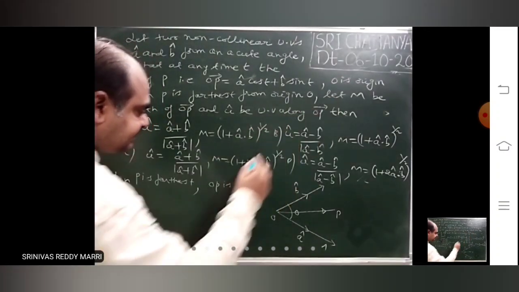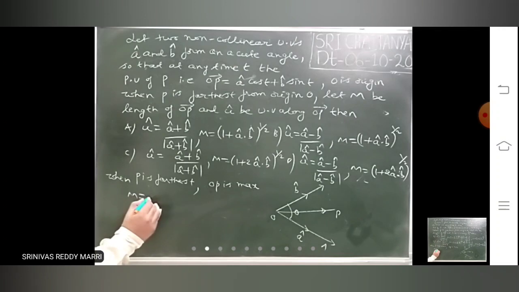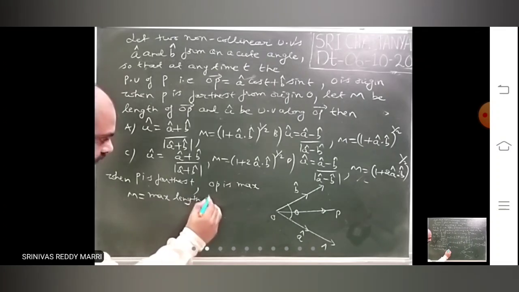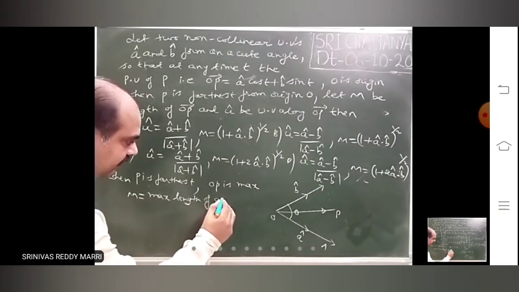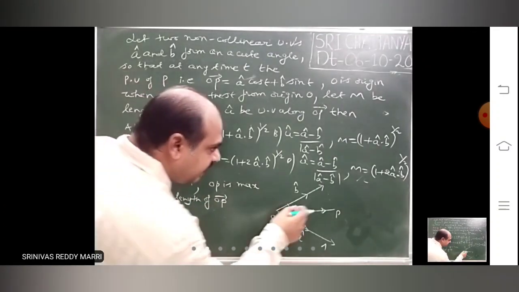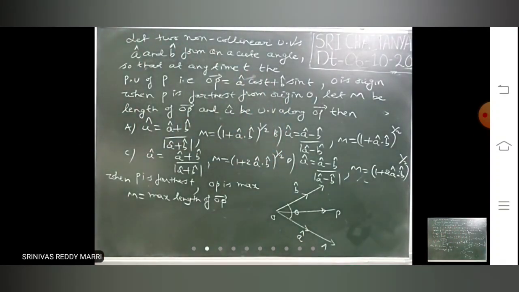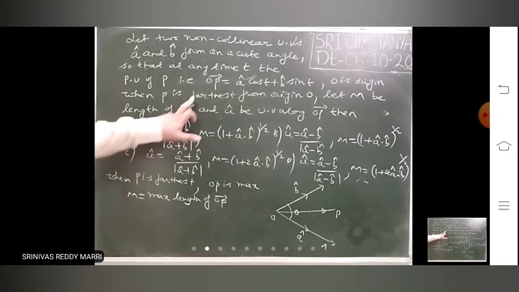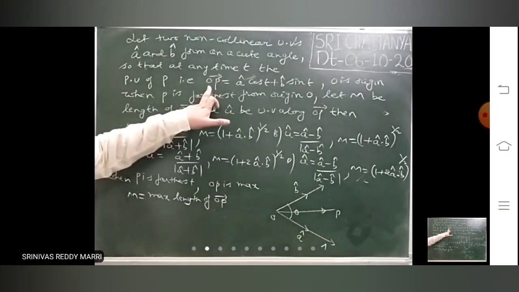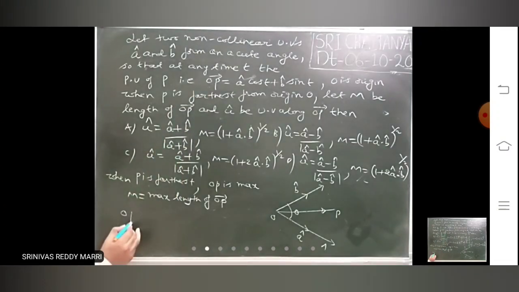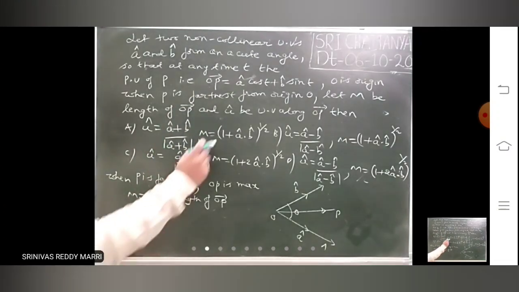So that means M is nothing but the maximum length of OP bar. That means farthest means that OP length is there. That is nothing but capital M. Now at any instant,